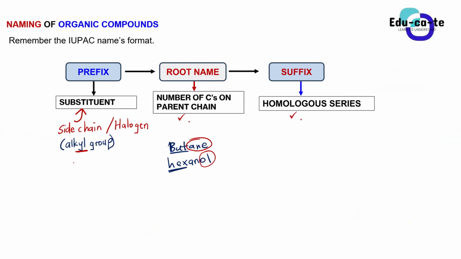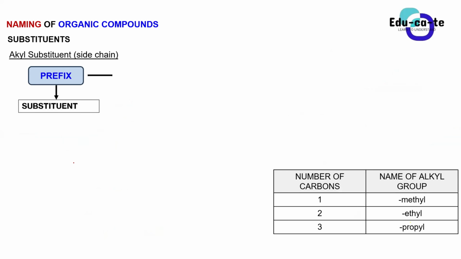But now, how do we name these side chains? That is what's most important. So we'll look particularly at the prefix, which shows the substituent. Let me write a simple branched hydrocarbon and name the alkyl substituent. Today we're only going to do the alkyl substituent. Then when we come back next time, we're going to do the halogen one, whereby we name haloalkanes. So for now, we're going to name the hydrocarbons.